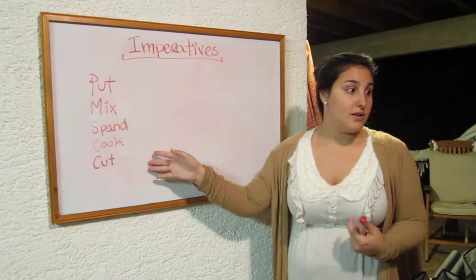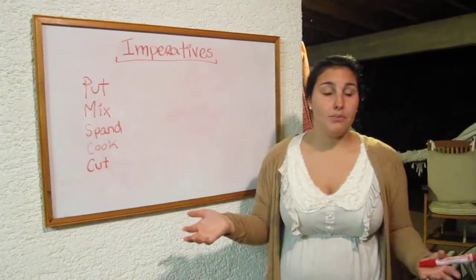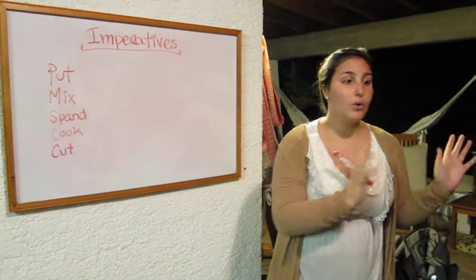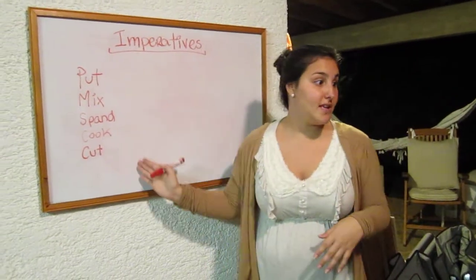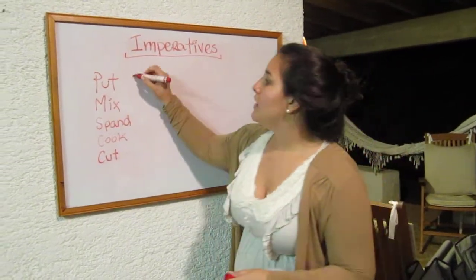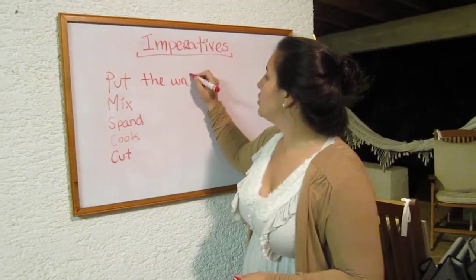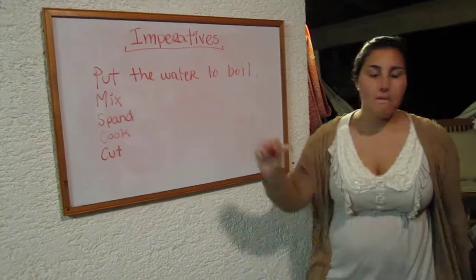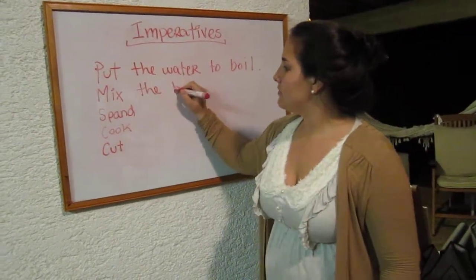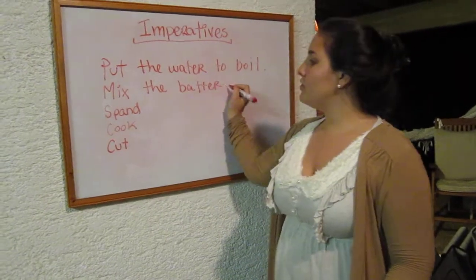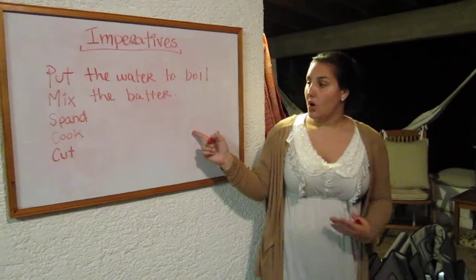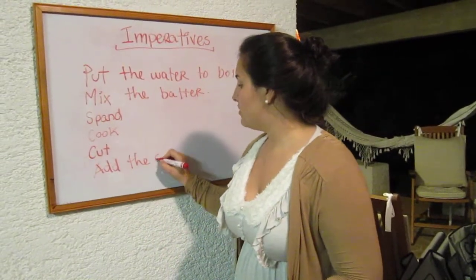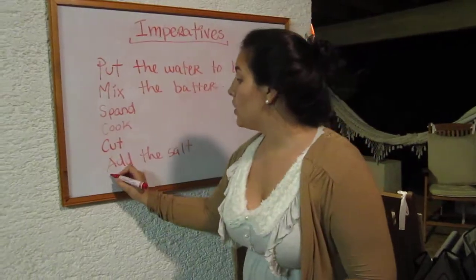In order to write a sentence in imperatives, what we do is we use the verb in the second person. For example, you cut the cheese, but instead of using the you, you just use the verb at the beginning of the sentence. For example, put the water to boil, right? Or mix the batter, right? Alexandra used expand the dough. Or you can also use, for example, add the salt, or pour